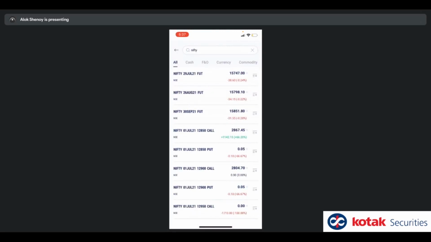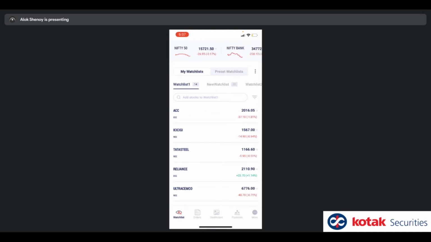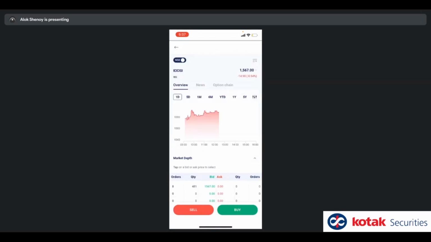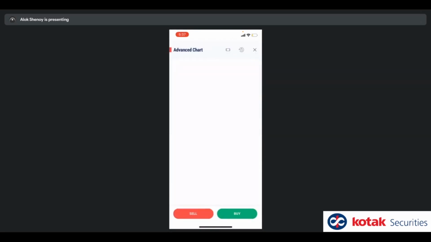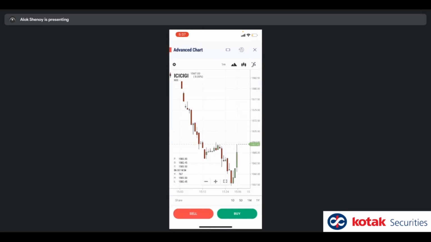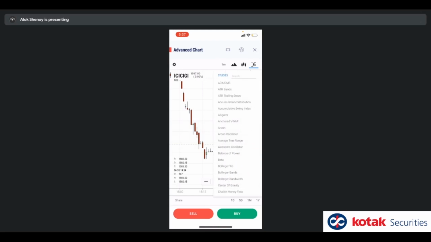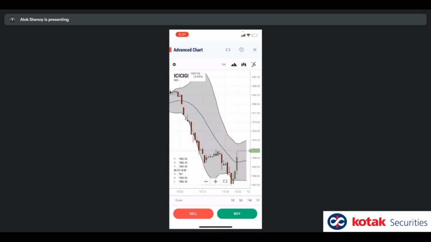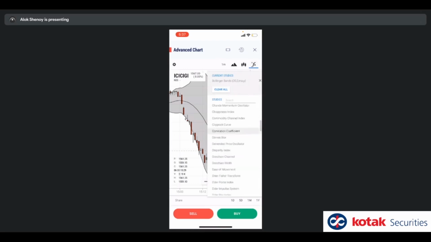Sure. I am assuming the charts have the facility to draw trend lines, supports, resistances, etc. Because a couple of them have asked if these charts are advanced charts and we can draw trend lines. So let me explain this one again. I started with this, but I think it's a good topic to talk about. If you want to apply studies, click on the FX button on the right below the cross. You get different studies. For example, let's apply Bollinger Band to this one. Let's at the same time look at MACD, which is down here.